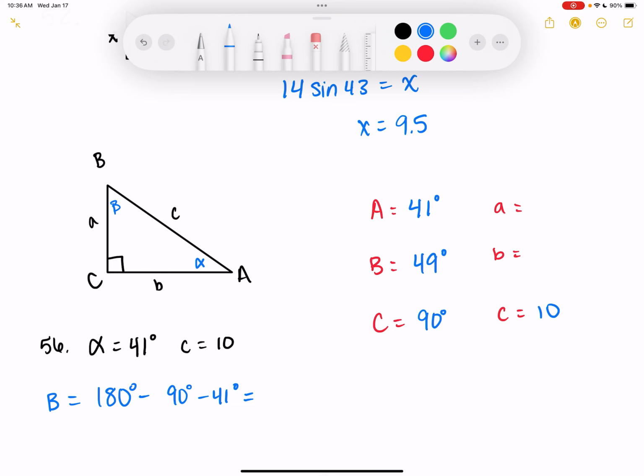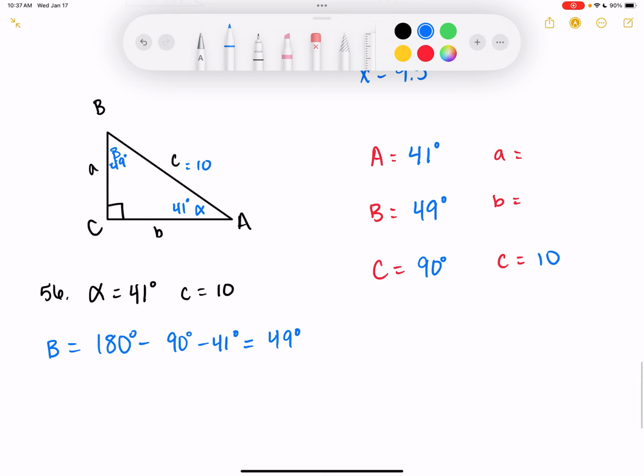So then I need to find my other two sides. I need side A and side B. If you like to draw your stuff in your triangle so you know what you already have, you totally can do that. Like, this is 41, 49, this is 10. That way I can help visualize what I don't have yet. So I don't have side A and I don't have side B. So what do y'all want me to use to find those? Use sine, find side